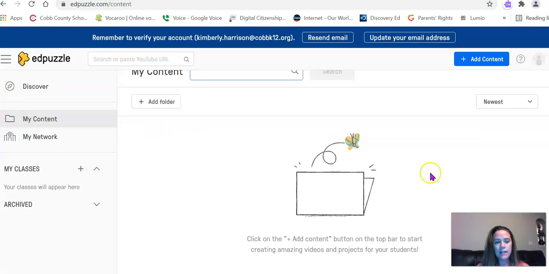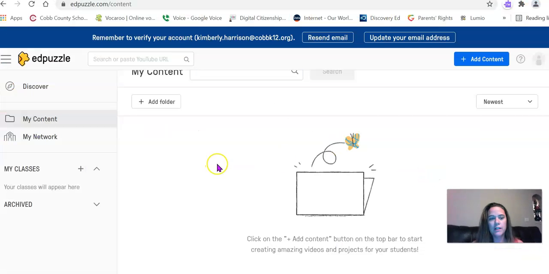So let's say that we did this Edpuzzle. I don't have it up here, but I have an Edpuzzle on the solar system, and students need to learn the size of the planets compared to Earth, the distance from the sun compared to Earth. Remember, they're comparing everything to the Earth. Then they need to know the difference between inner planets and outer planets, what's on the surfaces and the atmosphere